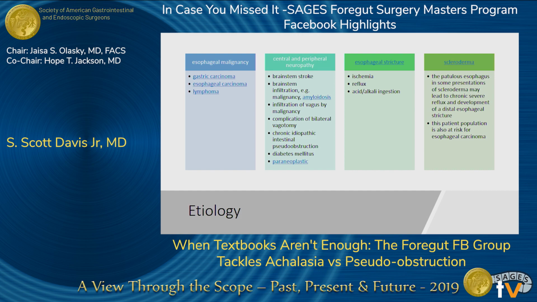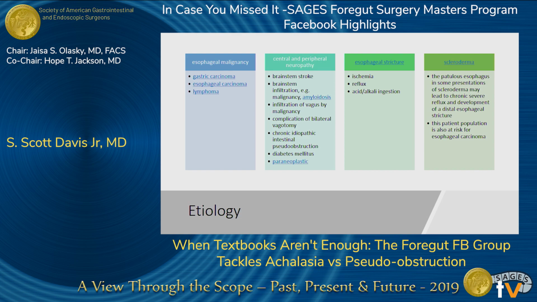But other causes would include gastric carcinomas, esophageal carcinomas in the cardia area, lymphoma causing extrinsic compression, lots of different neurologic diseases, brainstem strokes, amyloid, different kinds of intestinal pseudo-obstruction, complications of prior vagotomy. Strictures of the esophagus can cause these patterns on upper GI manometry. These can be related to